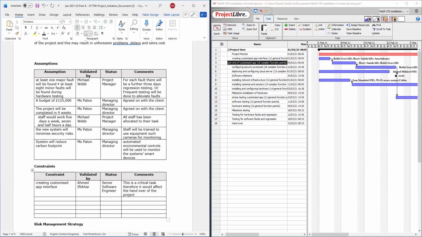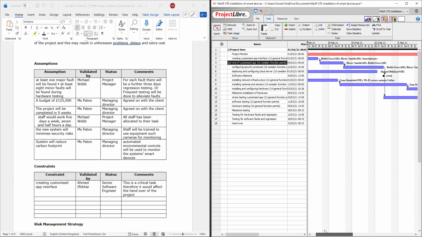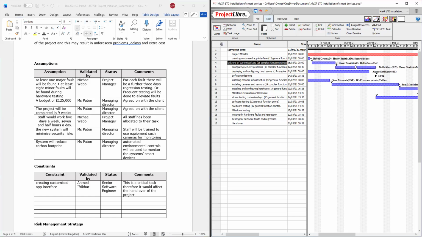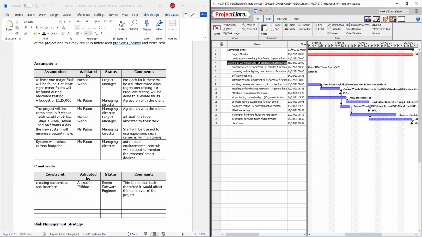And that's what it does. It's going to impact the handover of the project because it is connected to almost everything going towards the end of the project. If you look at it, it starts here, then it connects to here, then to this one, which connects to here, and that goes to the end of the project. So it would affect the entire project.